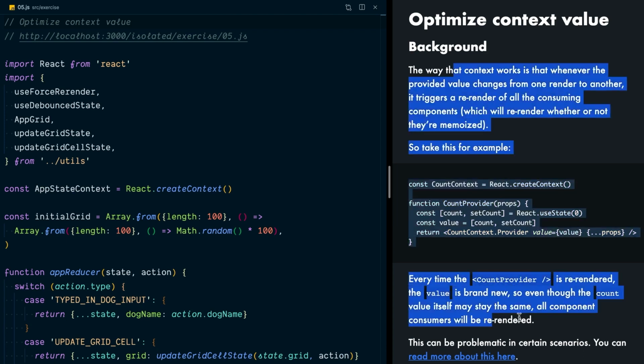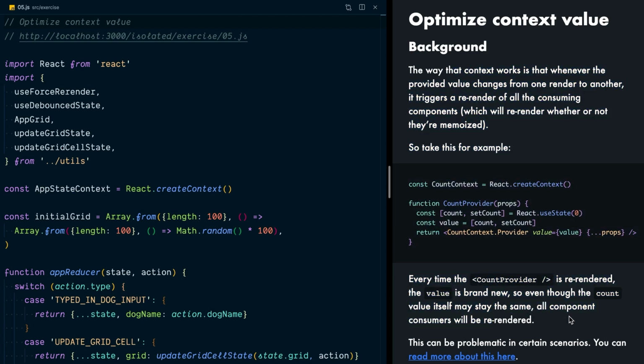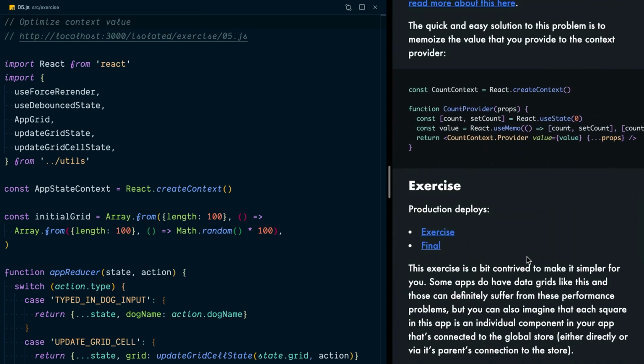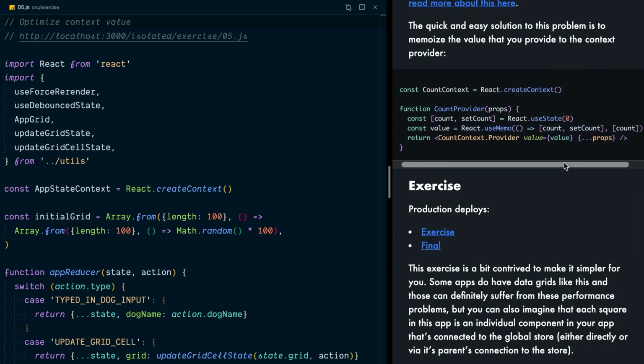So I give you a little bit of background on how the context provider and that value works as far as the way the consumers are re-rendered. So feel free to read through that. But basically, we just need to memoize our value that we're passing to our context here. And again, this is a very quick and easy change, not a whole lot of code changes that you need